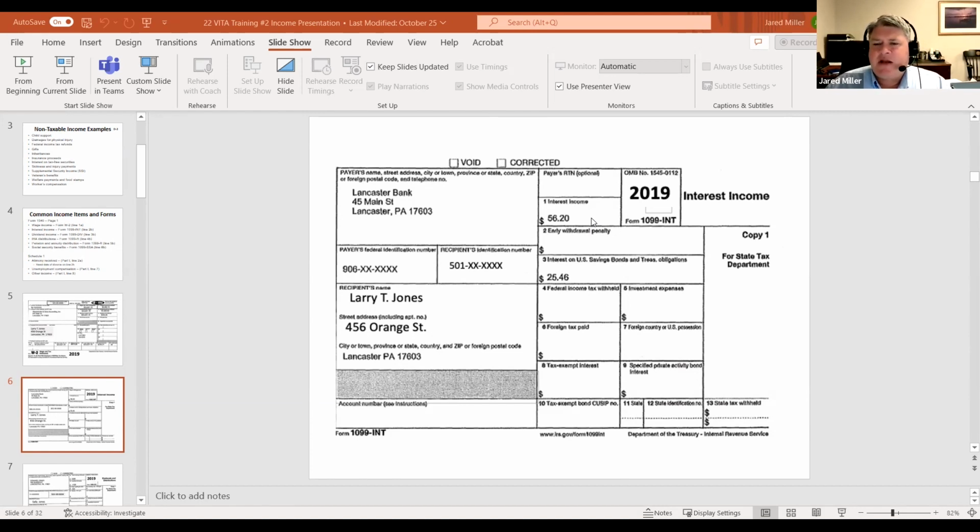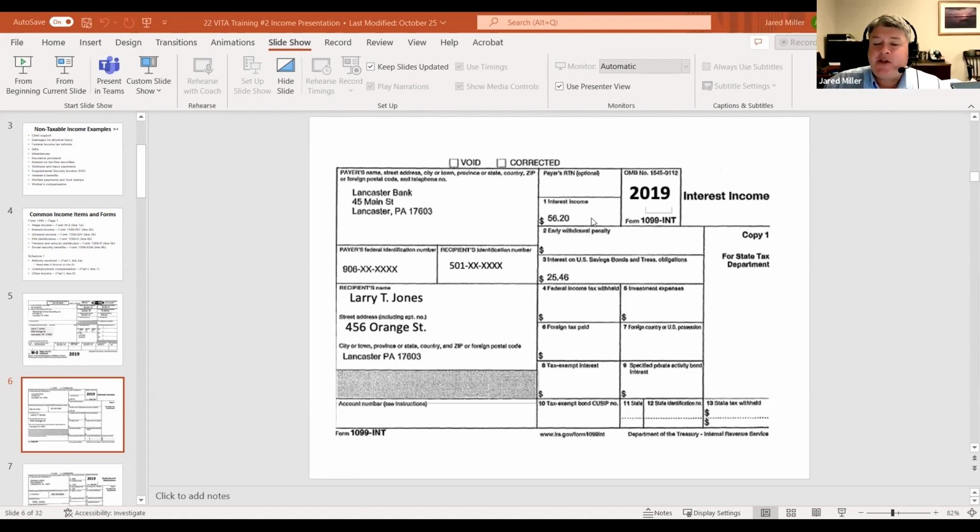As a reminder, the 1099s will only be issued if there's $10 or more of interest received by the taxpayer. So I've had situations where taxpayers come in and say, I'm not quite sure what's wrong with my bank. They haven't given me my 1099 INT for the year. I know I have a little bit of interest in the account. They may bring in their bank statement that shows December, and we'll look and it'll say interest paid to date, and it'll say 33 cents. That is fine. We are not obligated to report that information on the return.